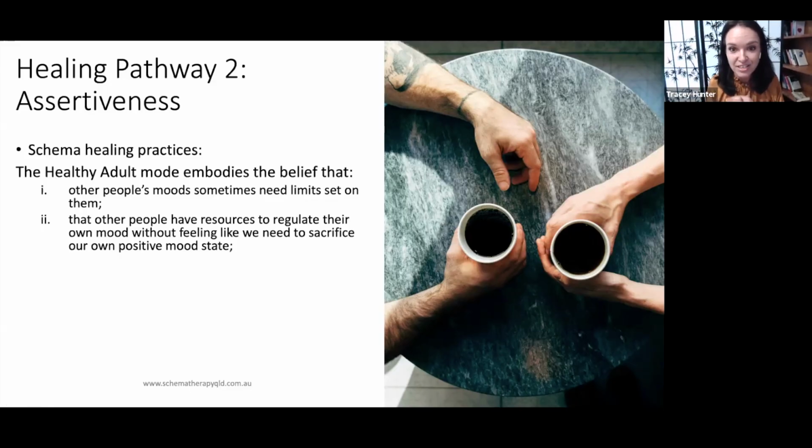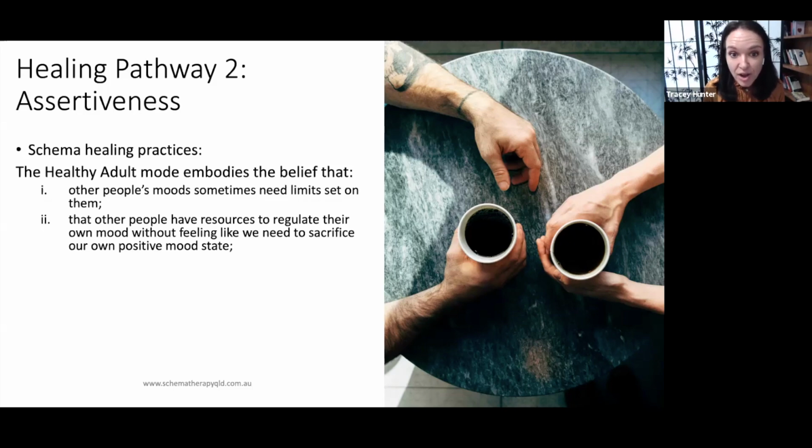Okay, so I've got a question here. How can we help someone whose partner cannot manage their mood from something like TBI, traumatic brain injury, or dementia? It's so hard because they don't have the resources. Okay, so they don't have the resources. They don't have that access to that prefrontal cortex, you know, real conscious, intentional stuff.